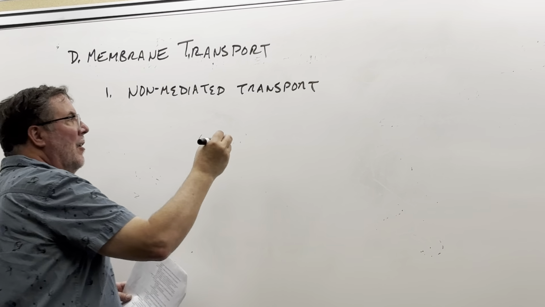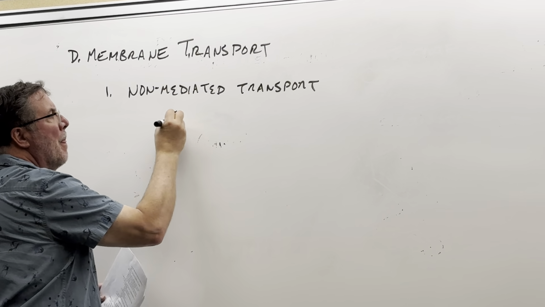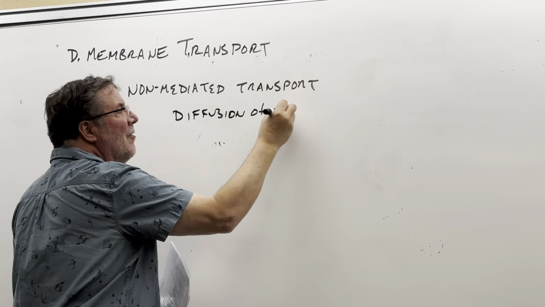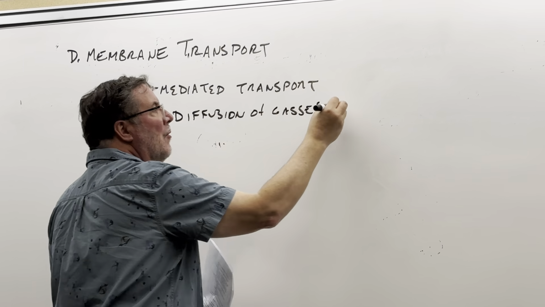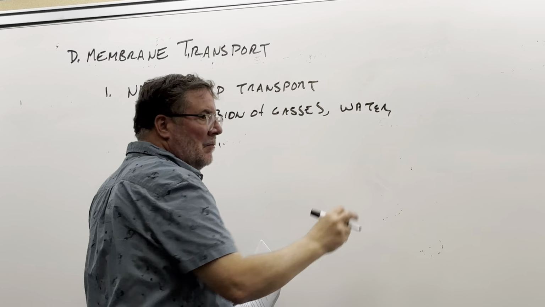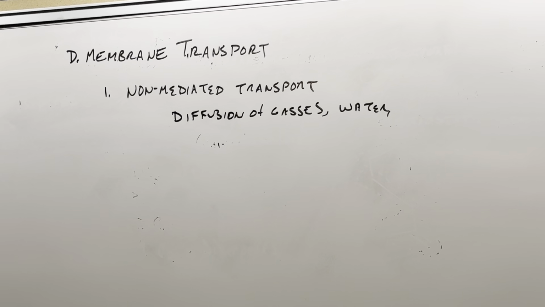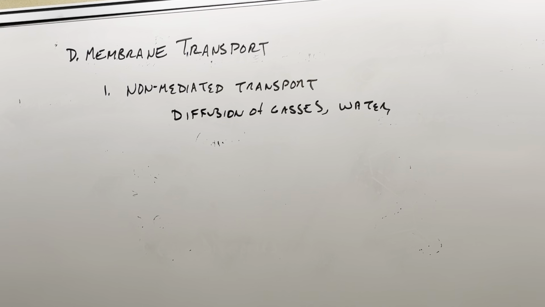So this is diffusion of gases and water. Oxygen, eventually, has to make its way into the mitochondrial matrix, you know, next to the electron transport chain, right? So it has to diffuse across a bunch of membrane to be able to get there. The CO2 released has to diffuse out of the mitochondria and out of the cell, and those gases can just